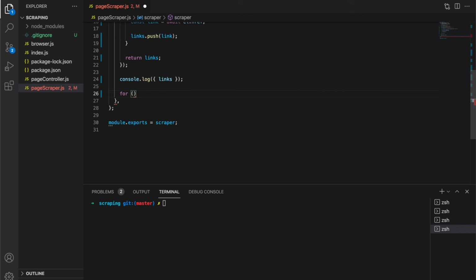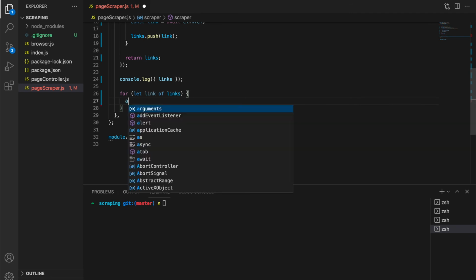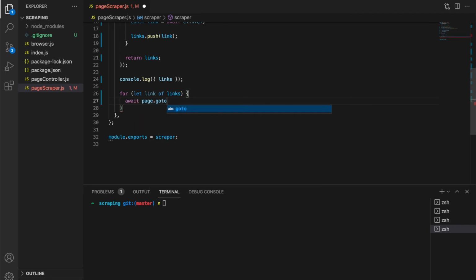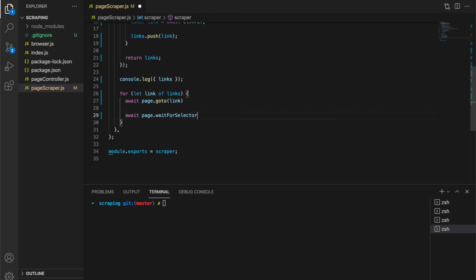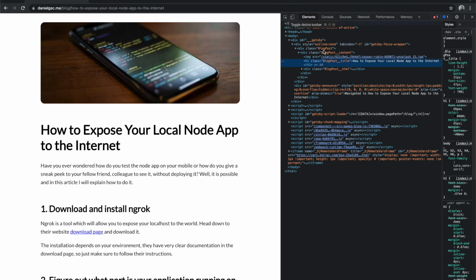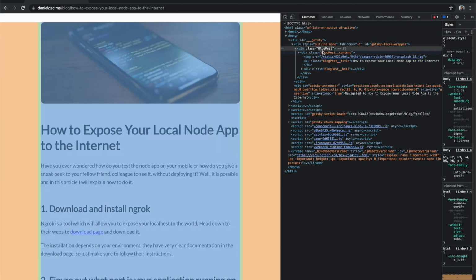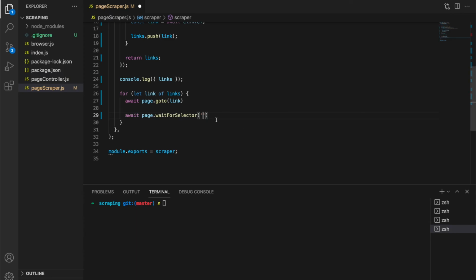Let's say for each link of links, let's say await page go to link, then say await page wait for selector, and we have to figure out what's the best selector here. So blog post seems to be perfect for this. So let's wait for this selector to be visible.